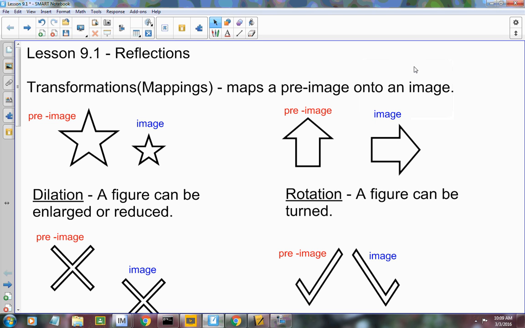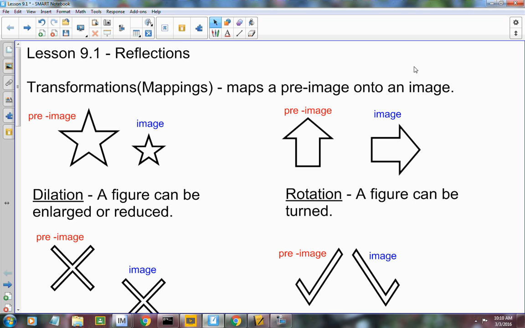So this chapter deals with different transformations. We've talked already about one transformation back in chapter 7. We talked about dilation, and remember, a dilation is when a figure is reduced or enlarged. The other ones that we're going to talk about in this chapter are the rotation, the reflection, and the translation. These are called mappings or transformations, and it takes a pre-image and it maps it onto an